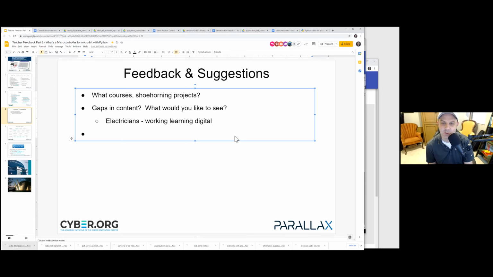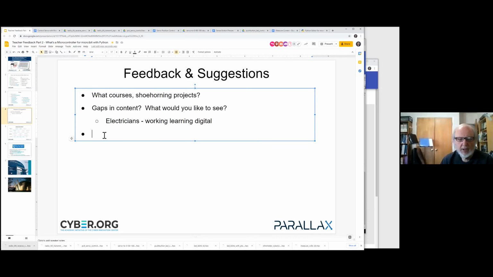And if there's any kind of shortcoming, Ralph's talking about with the electricians and such, making sure that we cover that audience is something that's of value too. If you have some way that you could show how your micro:bit might control some device. I'm constantly telling these guys and ladies that there needs to be a way to control every building now that is going in as a smart building. And if you have something in there to control a device that will actually control an electric light, if you show them a relay or